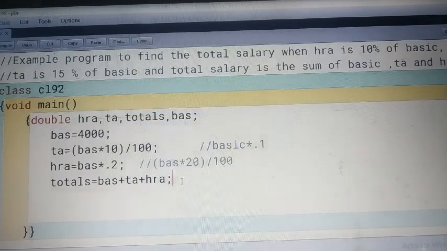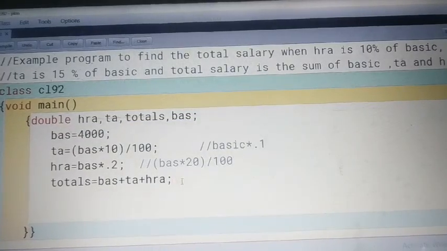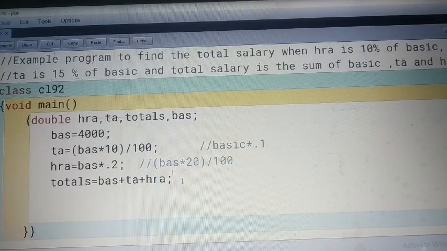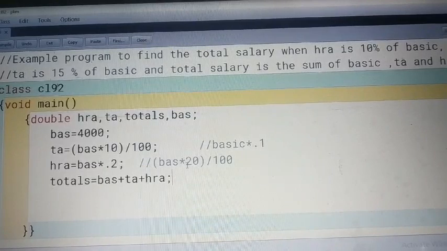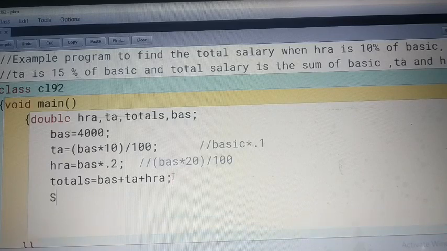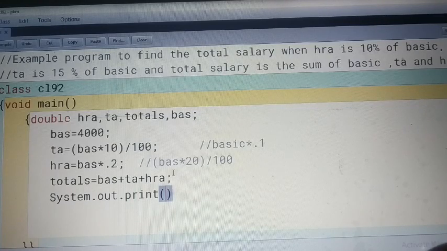See. How to print the result. We will print the result by message this way.